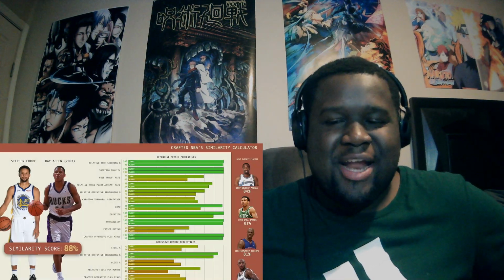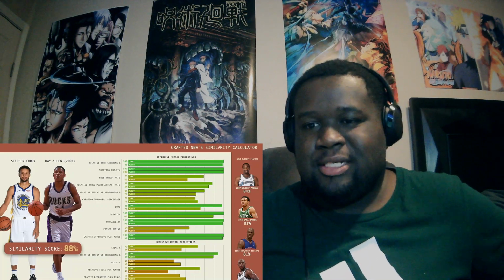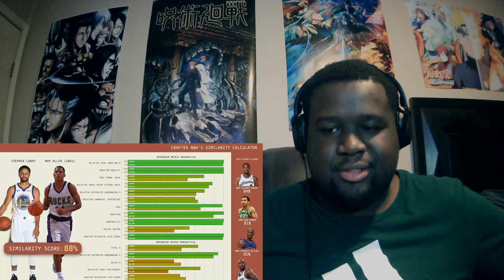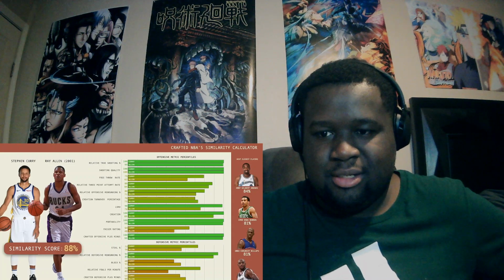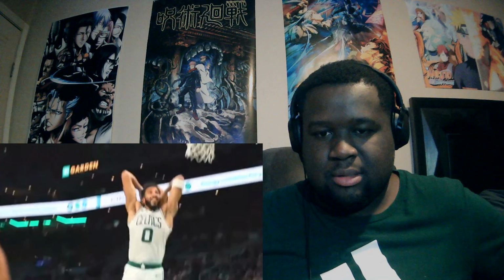and shot creators, even as defenders, makes them the most similar players to one another. Ray didn't have the freedom Curry did, though. Interestingly enough, the next most similar player to Curry is offensive juggernaut 2007 Gilbert Arenas, followed by 1998 Dana Barros and 2003 Chauncey Billups. Next, I took a look at a player with the size and skills that we often